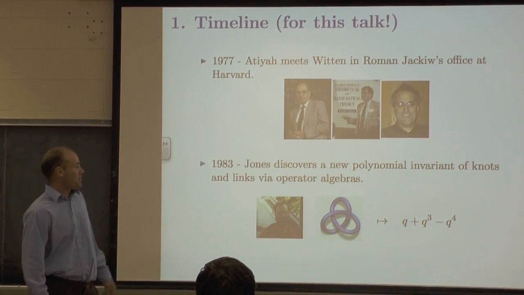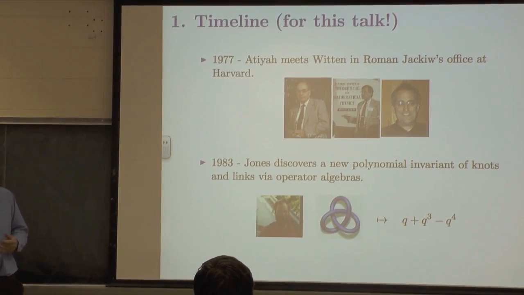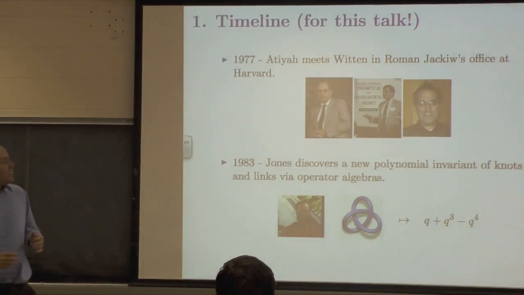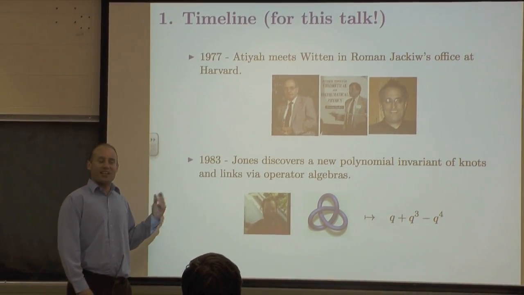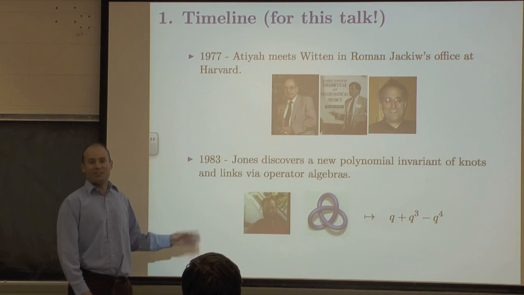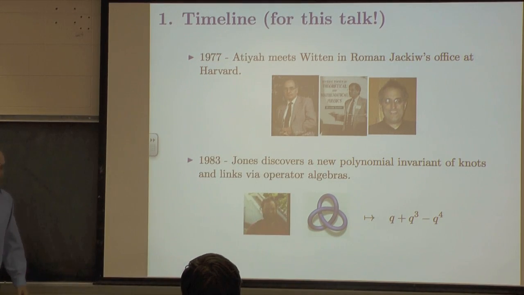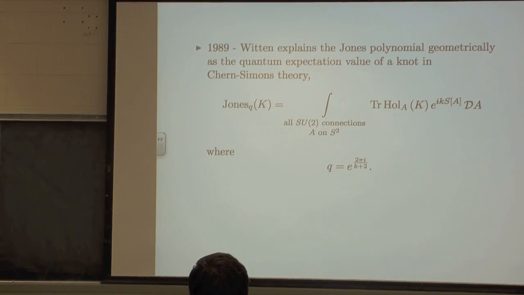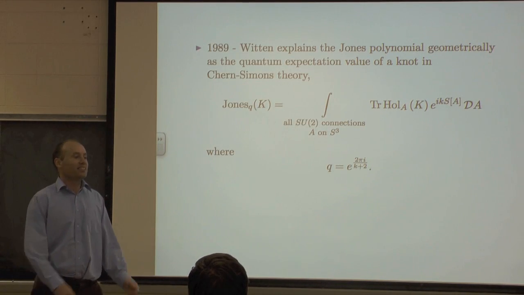So Jones came up with the Jones polynomial invariant of knots in 83. Okay. Knot invariants, as far as I understand it, could be right, have been relatively dormant for quite a while until then. Right? There'd been the Alexander polynomial, and then for a number of years there wasn't another polynomial invariant. So this came a bit out of the blue, from operator algebras, and then Atiyah challenged Witten to come up with the quantum field theory explanation for it, and